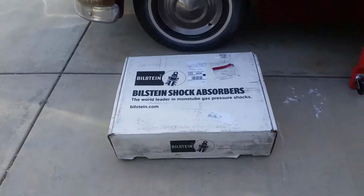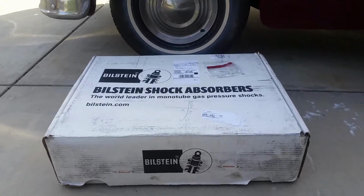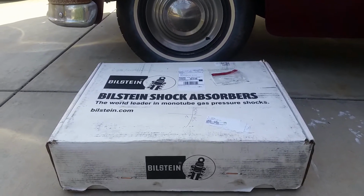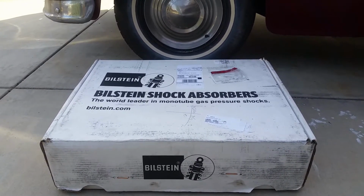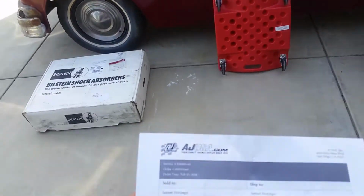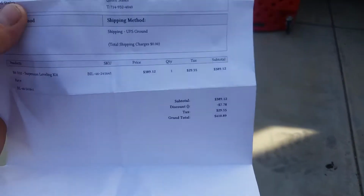Bam! This box came in today, or actually yesterday. Got myself a Bilstein leveling kit. Done some shopping around and looking at spacers and all the other fun stuff. And I was like, you know what? Bilstein has this kit. We got it from AJUSA.com. And the kit cost me